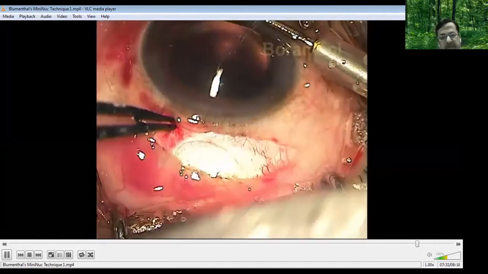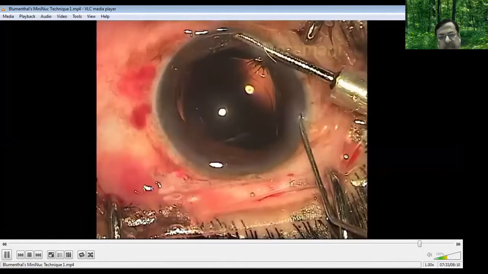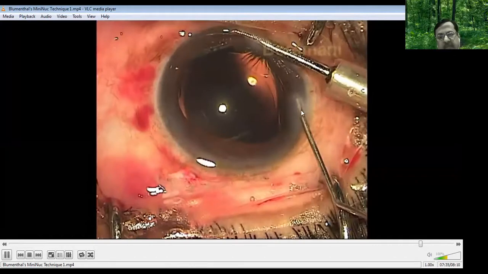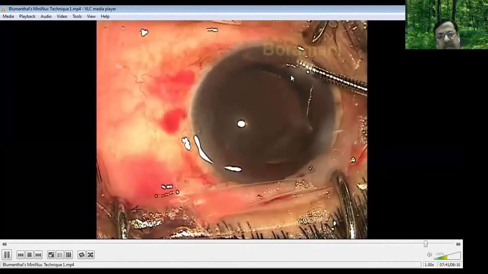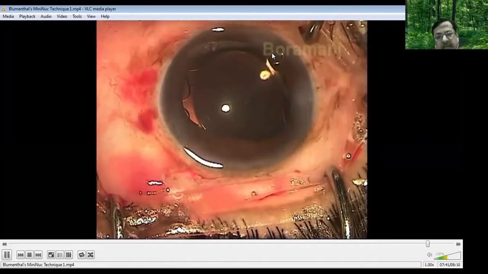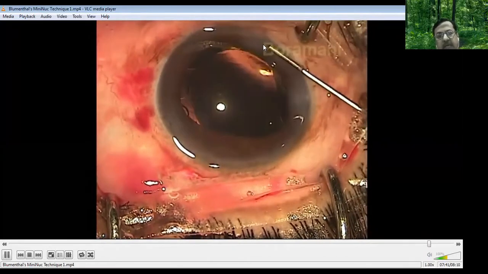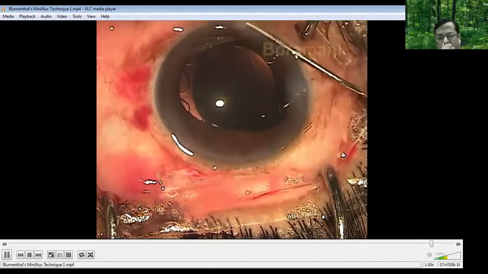So this incision was about 5 millimeters. Generally 5 millimeters or less than 5.5 millimeters is sufficient. You do the hydration of the side ports, and see that the direction is in the stroma so that there is no sudden descemet detachment. So the AC maintainer is the first thing to go in and the last thing to come out. And the AC maintainer is kept on throughout the procedure.